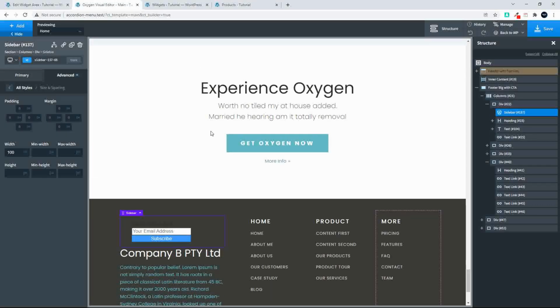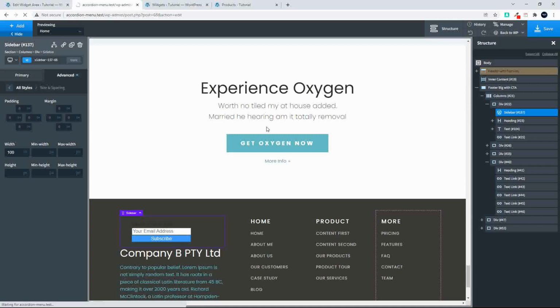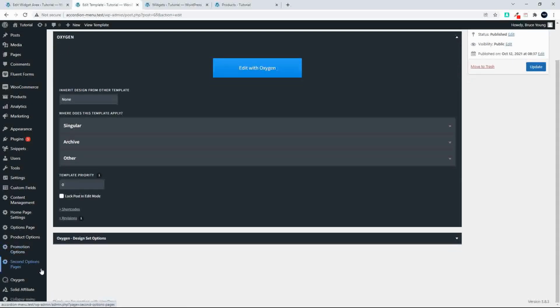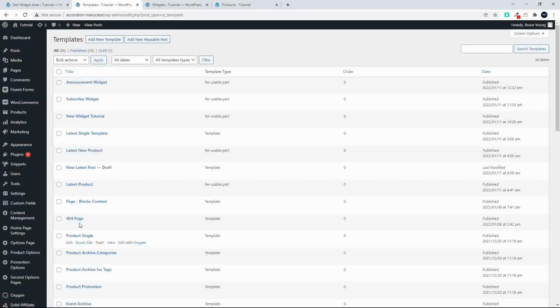So at the moment I'm looking at the site template, but let me go out of the main template for the header and the footer, and let's go and have a look at that template for the subscribe widget. So we edit with Oxygen, and what I'll show you in the meantime is you saw that we were using a shortcode. So if I was to just go and have a look at that shortcode,